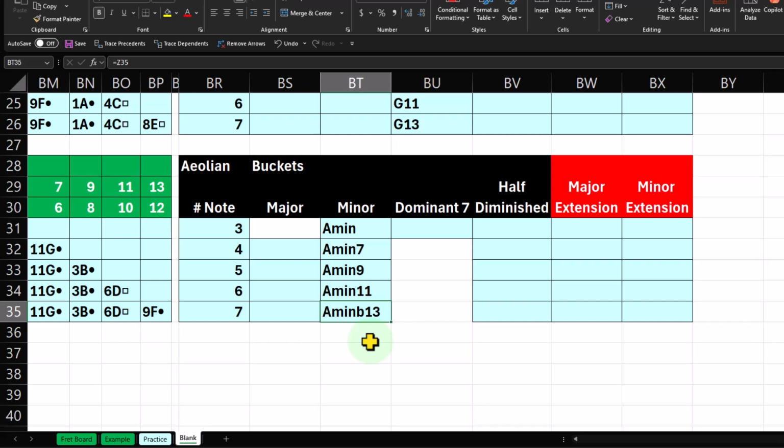I had to do a flat 13 because the 13 is equivalent to the 6, and we have a minor. Now you would think the minor would already say it should be a flat, right? But what happens is the minor is applied to the scale degrees below 7, basically. And so when you get to the 9, 11, and 13, we still kind of assume it's major. So that means that we had to flat that one,